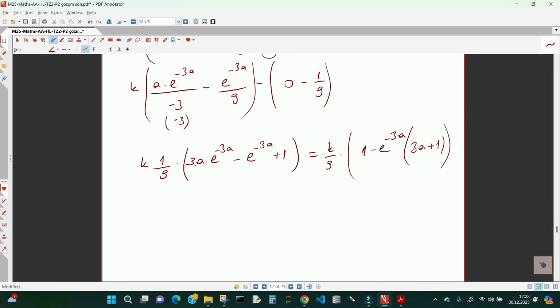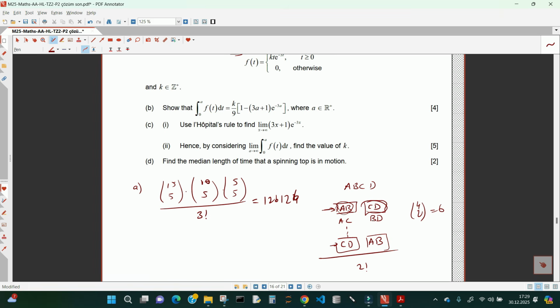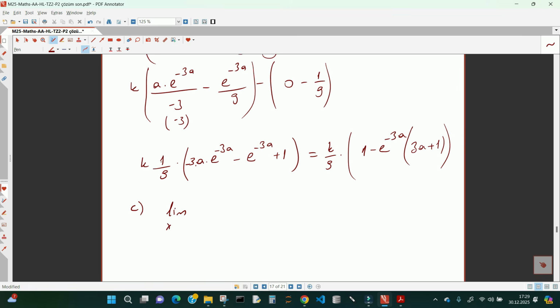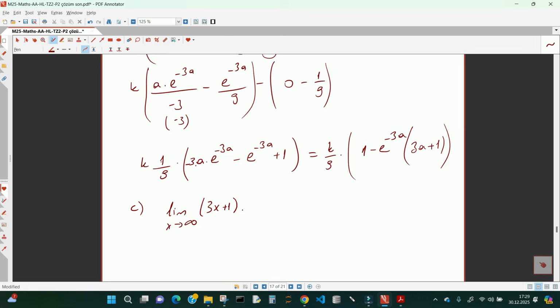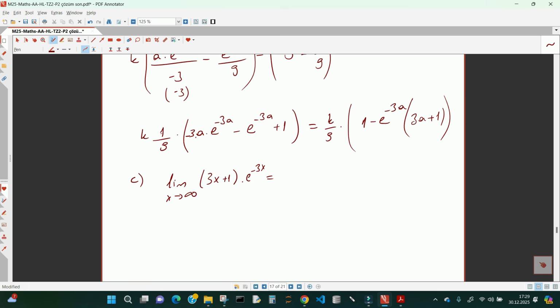The next question: use L'Hopital's rule to find this limit. The limit as x approaches infinity of the function 3x plus 1 times e to the power of minus 3x. You can write this as a fraction, 3x plus 1 divided by e to the power of 3x, which is the same as given in the question. And as you see, there is infinity over infinity,